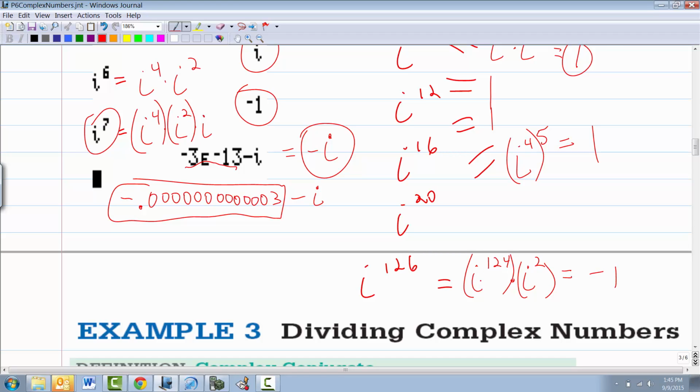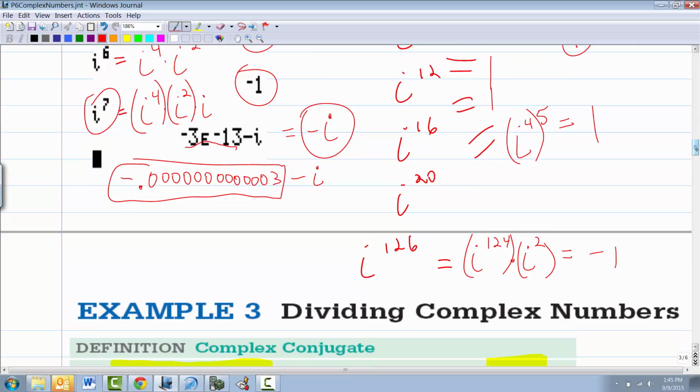And I got that so fast because 4 goes into 100, right? Doesn't 4 go into 100? Yes, has a delicious sucker over here. And then 4 goes into 24 as well. So 4 goes into 124. All right, so that's why I know this is negative 1, and that's something you should be aware of.